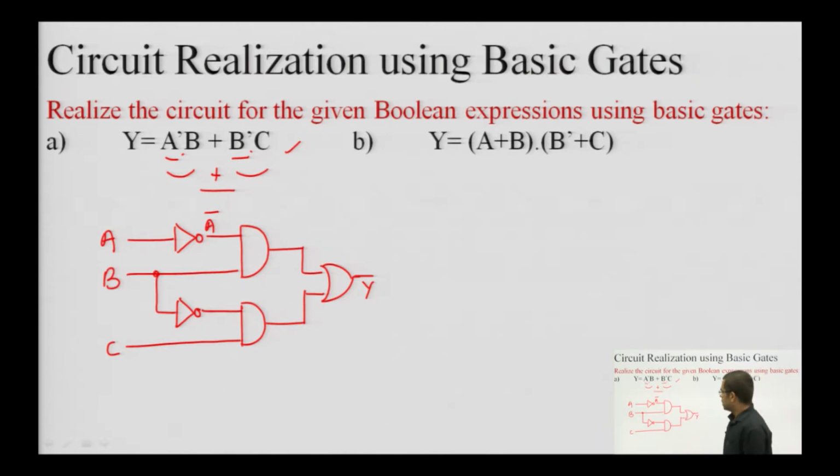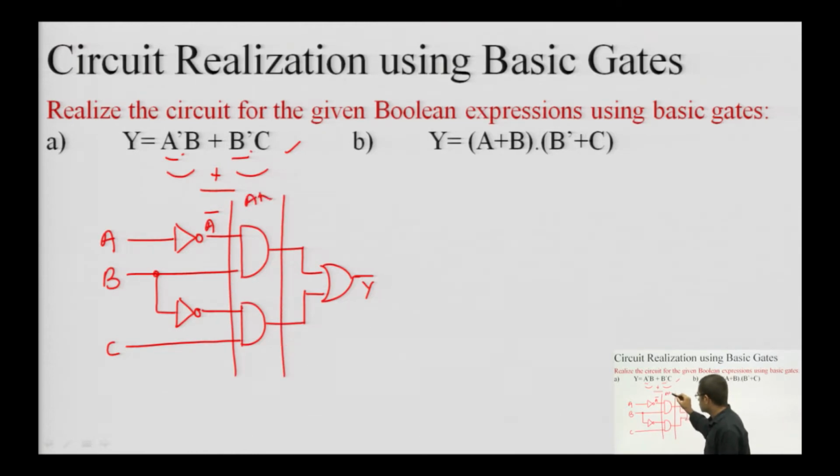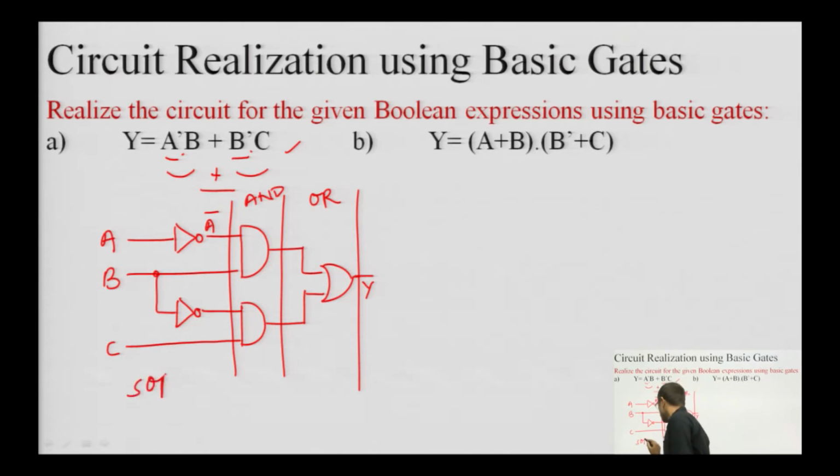So, this is, we can say, an AND OR structure. First there are products, and in the later stage there is a single OR gate. So, I can say that this is an AND OR structure, and this expression is already in SOP form. So, I can state that SOP will be providing me AND OR based structures.